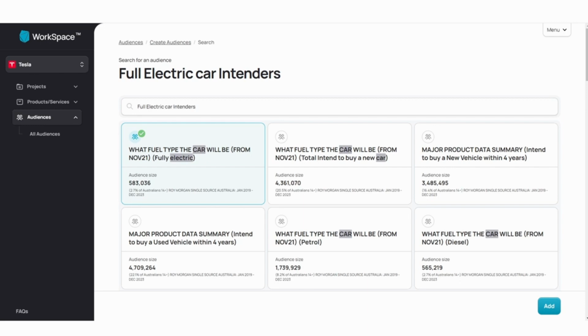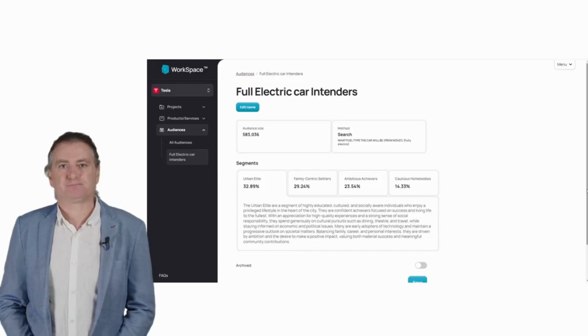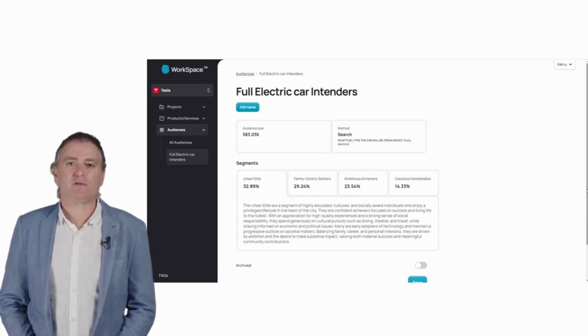Instantly, you can see that there are 583,000 people interested in buying an electric vehicle. We select this audience and click Add. Now the magic begins. WorkSpace automatically identifies emotionally similar people and organises the 583,000 electric vehicle intenders instantly into 4 segments. Each segment is automatically given a unique name and description and saved for sharing with members of your team